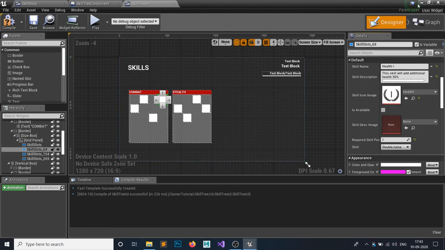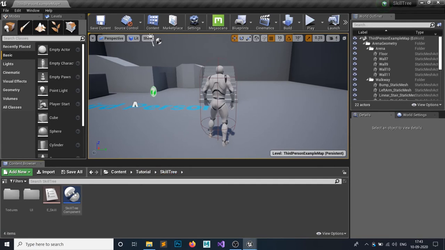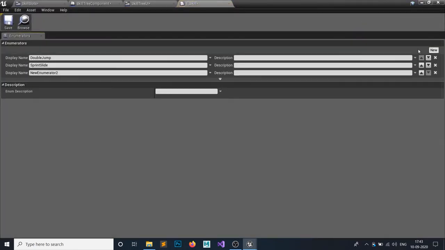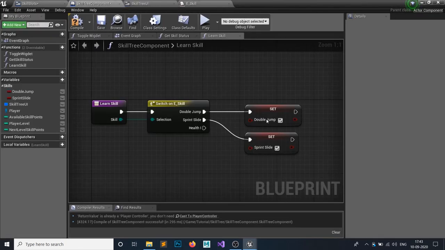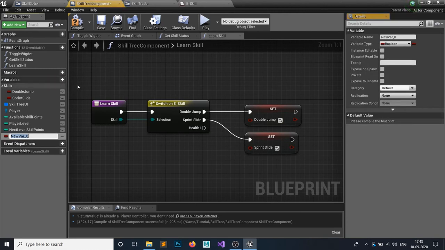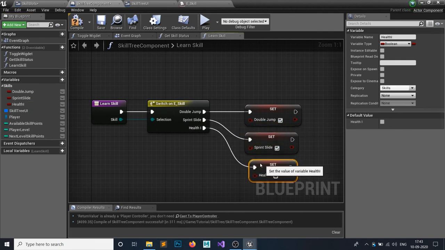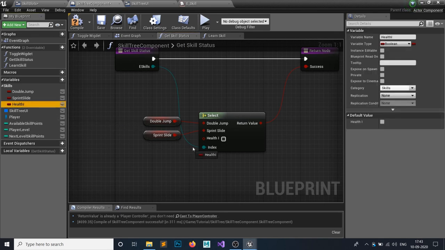So how are we gonna add this? Minimize it, and we have made the skill tree. Just add a new call, health 1, so it makes more sense. Set this to your add health 1, but after doing so you have to do these 2 things. You can see this, make a new variable called health 1, categorize it to your skills, hit compile, set it to your health 1, and in your get skill status just set it.